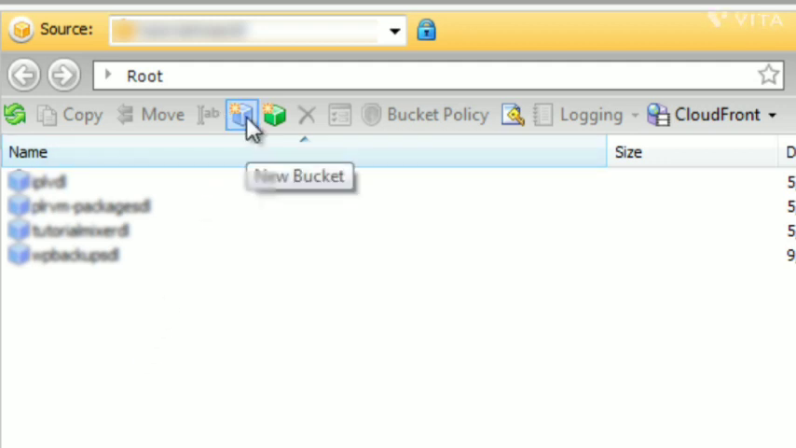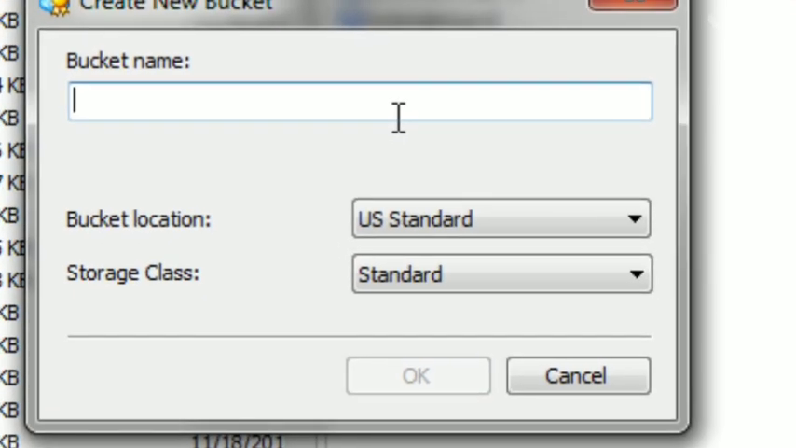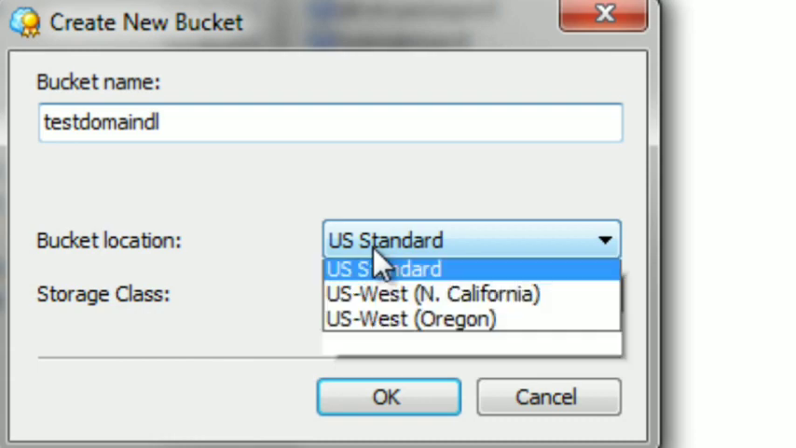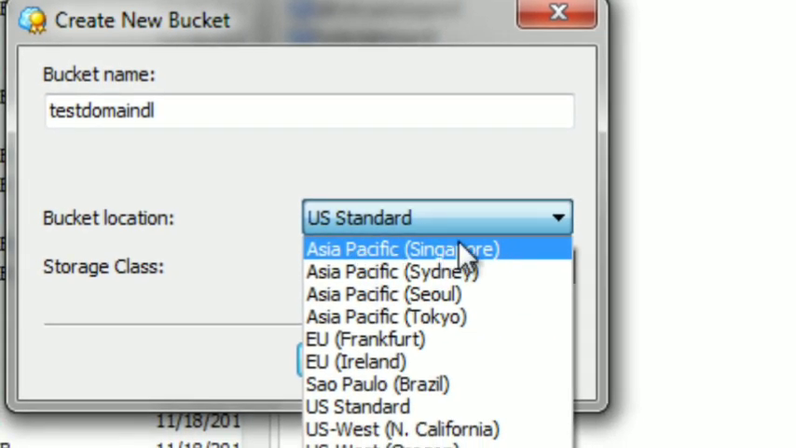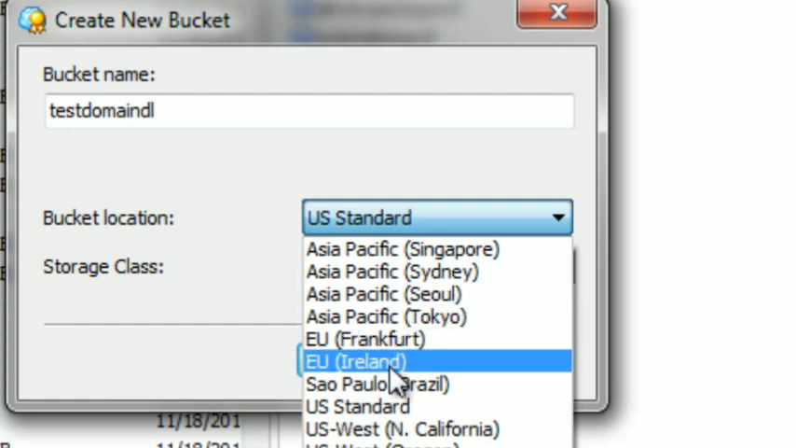All you have to do is click on the blue square icon. Then we create a bucket name. Keep in mind that you want to name it using a naming convention so that you know what that bucket is. The next thing it's going to ask you for is your bucket location, meaning are you going to upload the files to a server within a certain region like Singapore, Sydney, Australia, Tokyo, Seoul, Korea, Europe, or